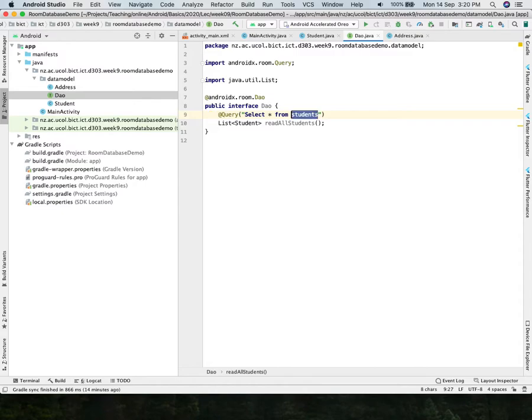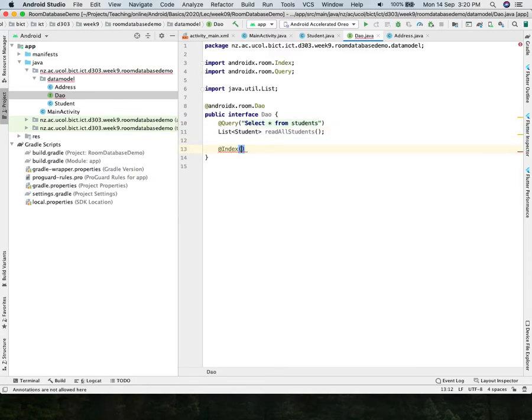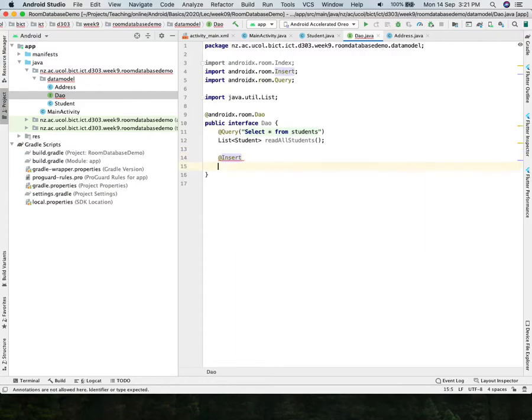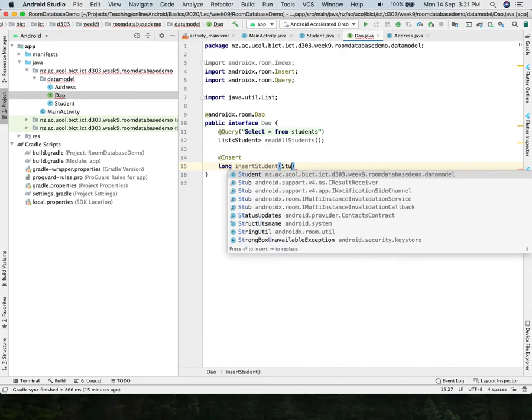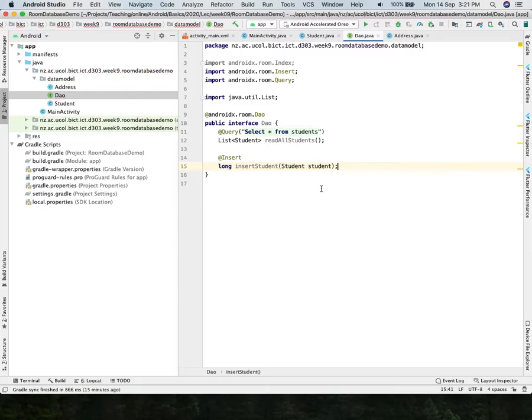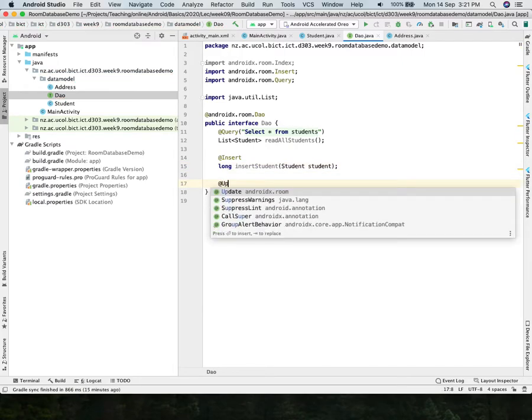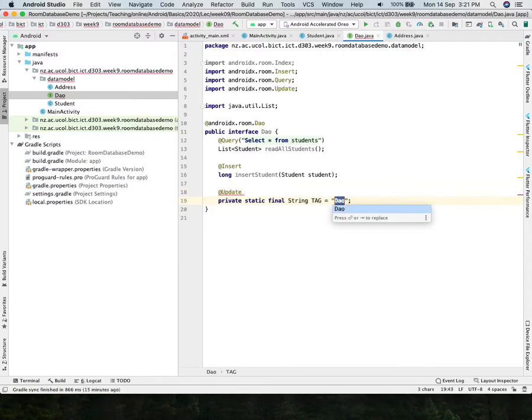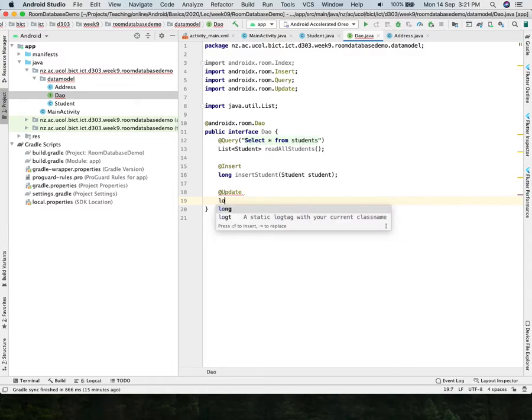So it will run that query on our database and return me a list of students. We can also add at the rate of insert. Whenever we are inserting, it will normally return the primary key value. So we say insert student, and whatever that primary key value is, that is the student ID, it is going to be returned to us at the end, and we are going to pass a student object. And then at the rate of update, it is again going to return me a long value. Long update student,